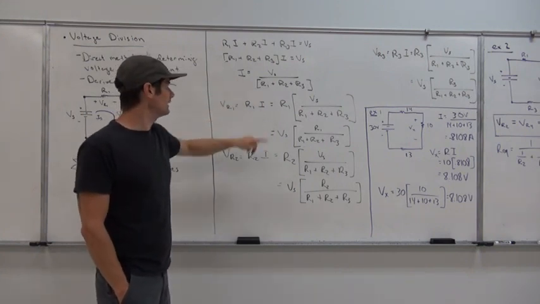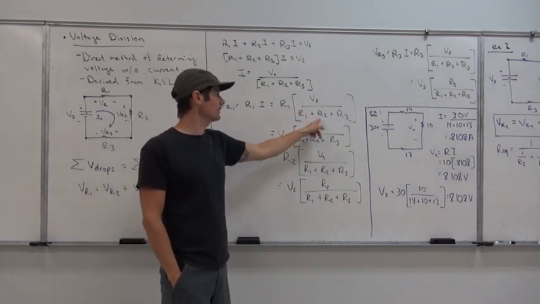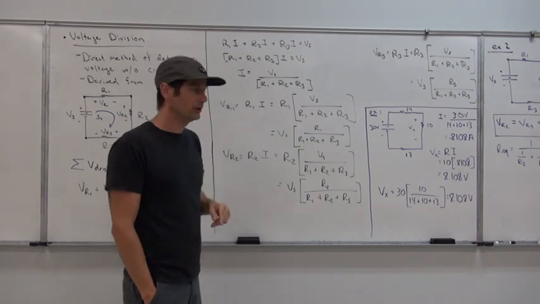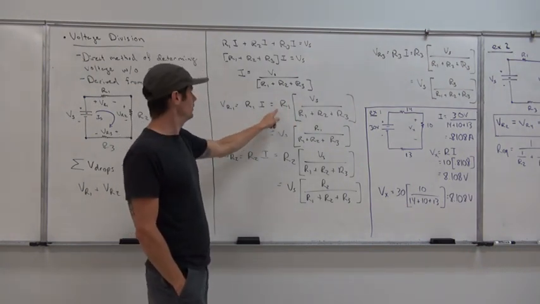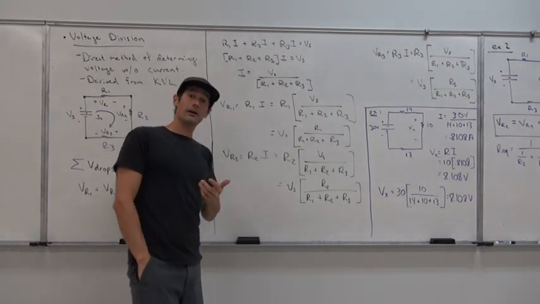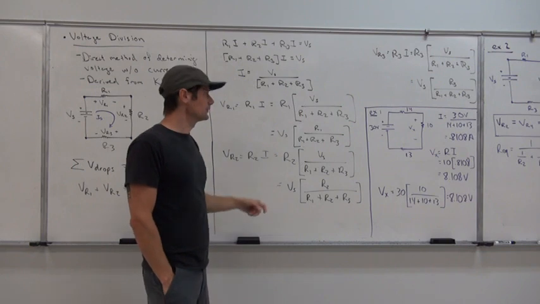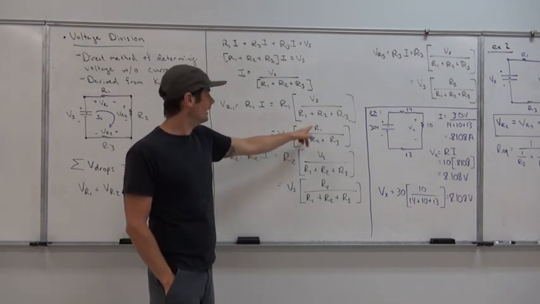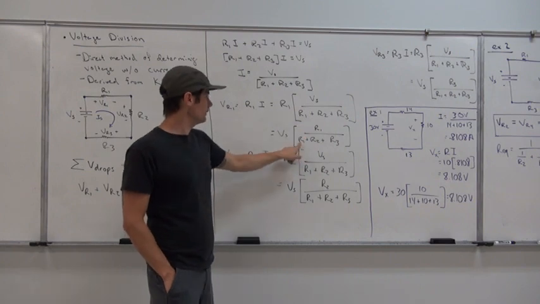Then we get R1 times Vs over R1 plus R2 plus R3. If we pull Vs out of the bracket and put R1 into the bracket, look at this: VR1 is equal to Vs times the ratio of R1 over R1 plus